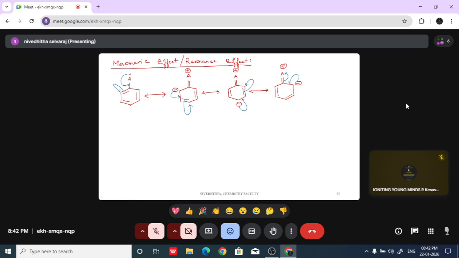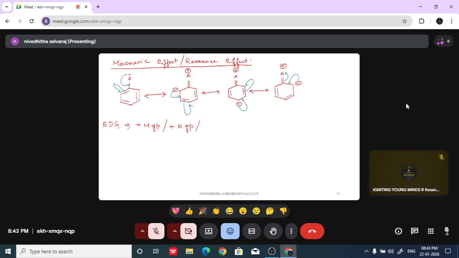Here, what we have to understand is, this is an aromatic compound, and whenever an atom or a group of atoms is donating its electron to the ring, then that is an electron donating group. Technically it is called a plus M group, M for mesomeric effect. Or it is also called a plus R group, R for resonance effect. It is also called as, listen here,